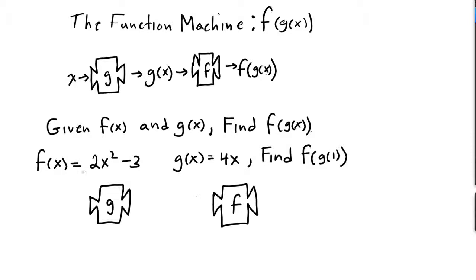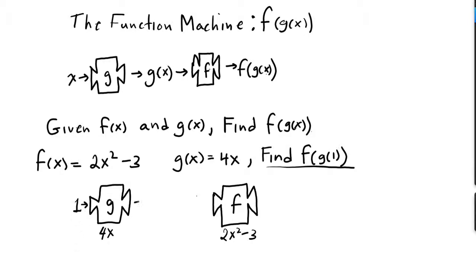So I've got two functions here. f of x equals 2x squared minus 3, and g of x equals 4x. So my function machine for g is going to multiply my value of x by 4, and my function machine for f is going to take twice the square of a value and subtract 3. Right? So now what I want to do here is I want to find f of g of 1. So that means I'm inputting 1